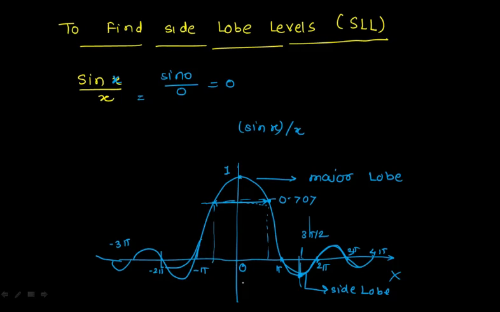ठीक है, now if you put sine 1.391 divided by 1.391 यहाँ पे, now you put all these values in the radians. ठीक है, तो आप देखेंगे आपका जो function है वो drop हो रहा है at x is equal to 1.391. So you are getting this value यहाँ पे, if I am in the radians 1.391 यहाँ पे ये drop हो रहा है. Convert it into degrees, you'll understand what will be there in the degrees.